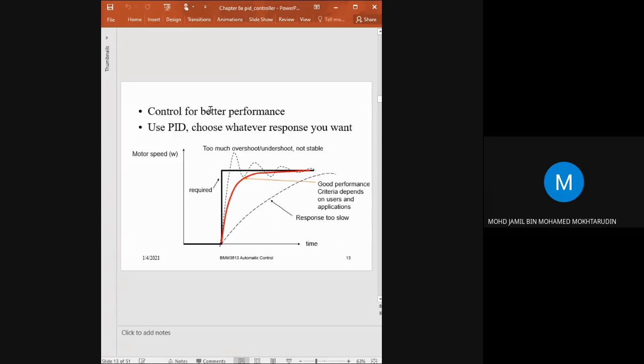So you need to control for better performance. So you use PID and choose whatever response that you want, whatever target that you want. Okay. So the required is this black line here. So you want the system to have this black line. But in real life, it is very impossible to get this black line. Okay, impossible because maybe